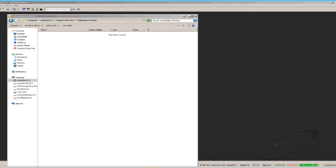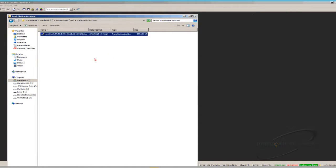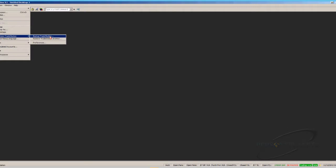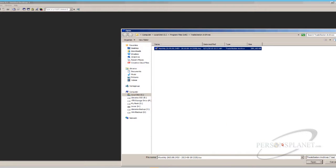So here's what an archive looks like. Continue. That's what an archive file looks like. And all I would have to do if I had killed TradeStation and I booted up a new vehicle, new version of TradeStation, is restore archive, browse, and find my archive. And if I hit open, it's now going to restore my computer, my TradeStation, to where it sat on August